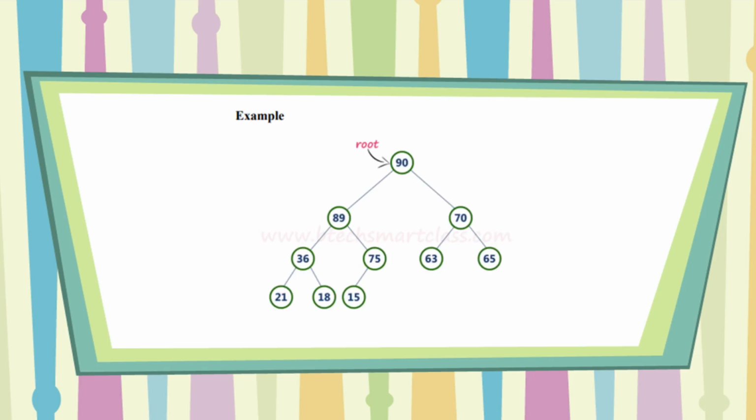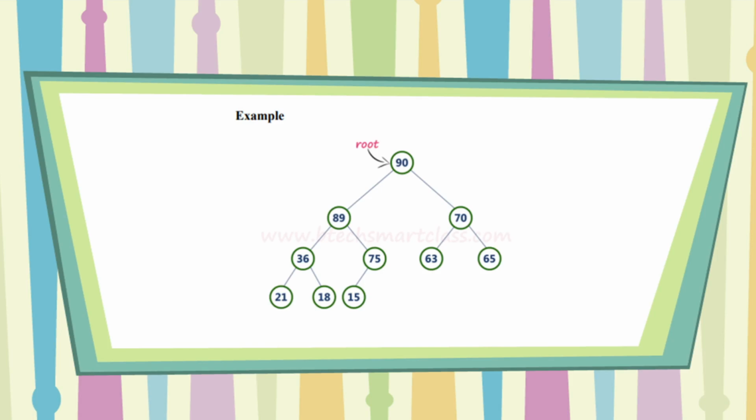Consider the figure for max heap data structure. Here if you observe the diagram, always the parent is greater than the child nodes. Begin with the root node 90. 90 is greater than 89 and 70. Here it follows the first two properties: either in max heap or min heap we have to arrange the values, and it has left to right assigning of nodes in a tree structure. It follows the two properties, that is ordering and structure of the tree.